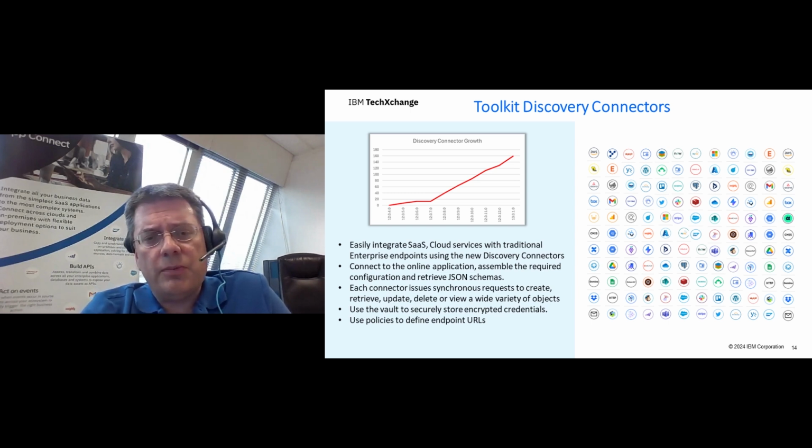These particular nodes are typically classified as either input or request nodes, so they can be used to kick off a flow, or they can be used in the middle of a flow to interact with a third-party system. And what each of these connectors allows you to do is send synchronous requests against a wide variety of objects. So the objects themselves will depend on the SaaS system, but typically we have create, retrieve, update, and delete actions for each one of those